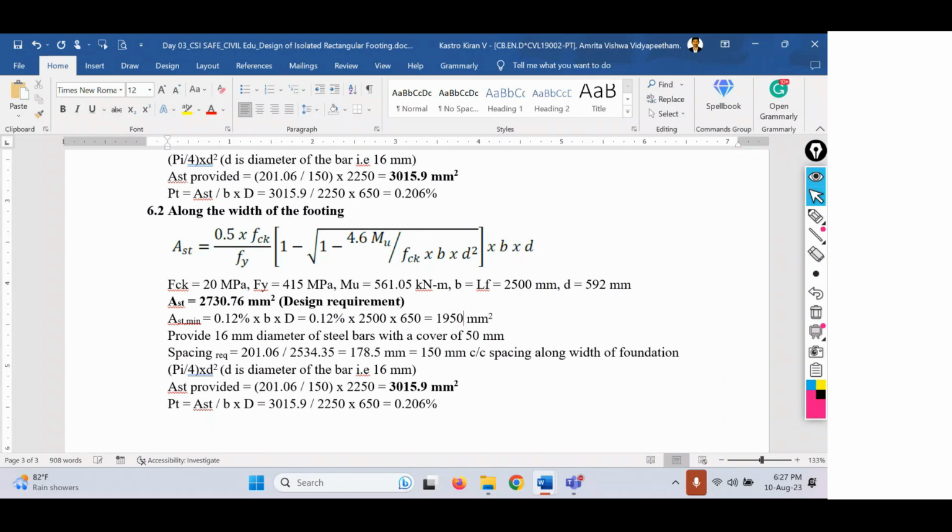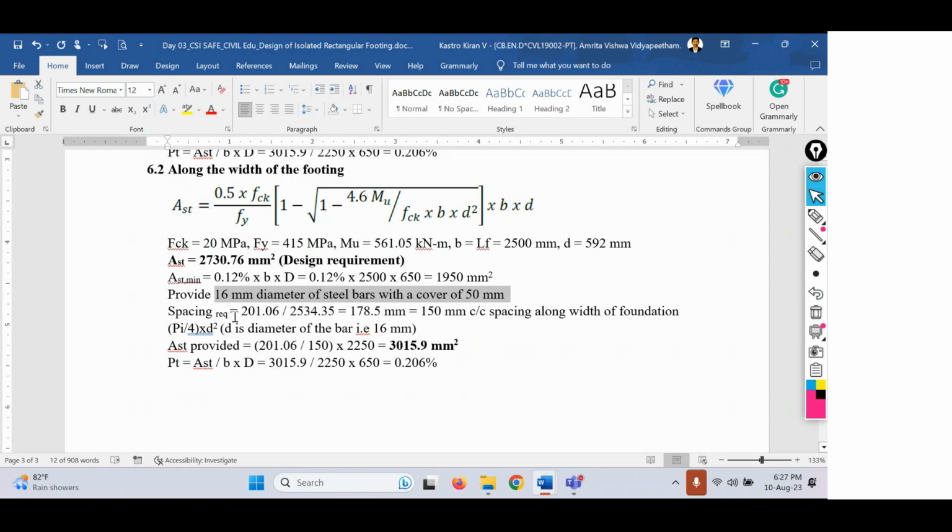And then we are going to provide the same number of steel bars of the same diameter, that is 16 mm, with a cover of 50 mm. Cover remains the same both on top as well as at the bottom. So the spacing required equals 201.06 divided by this value, which is,